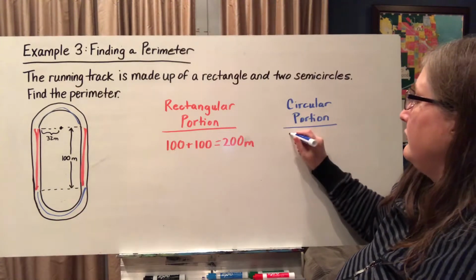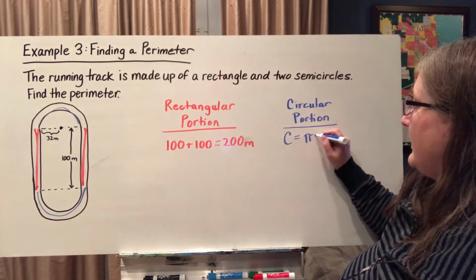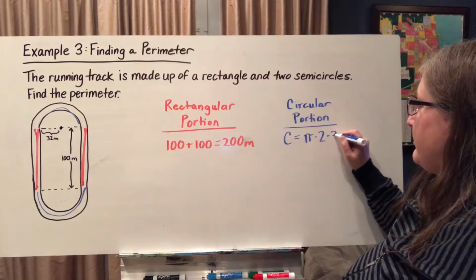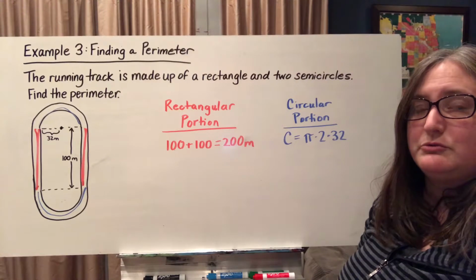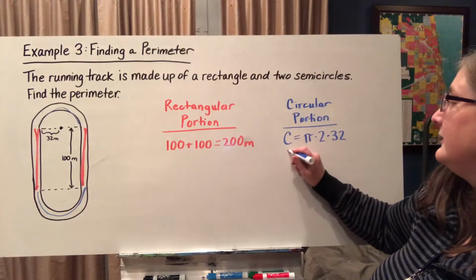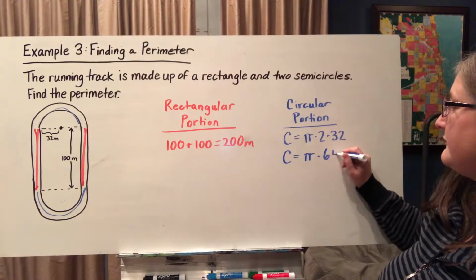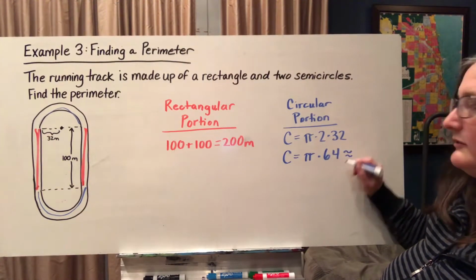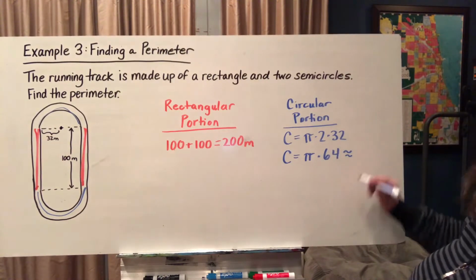So I'm going to do, for my circumference, pi times 2 times 32. Because I don't have a diameter, I have a radius, I have to remember to double that radius. So I could also double it and then do pi times 64. In any case, this is going to approximately, to the nearest tenth, give me a total of about